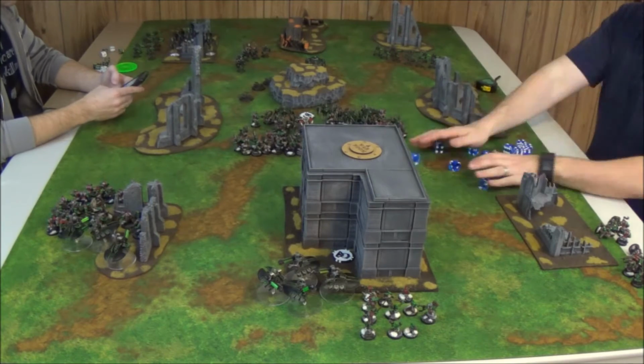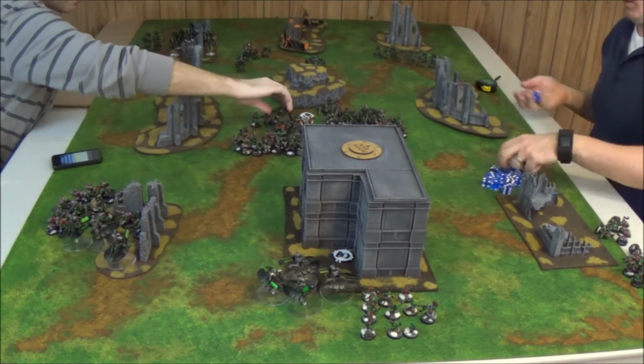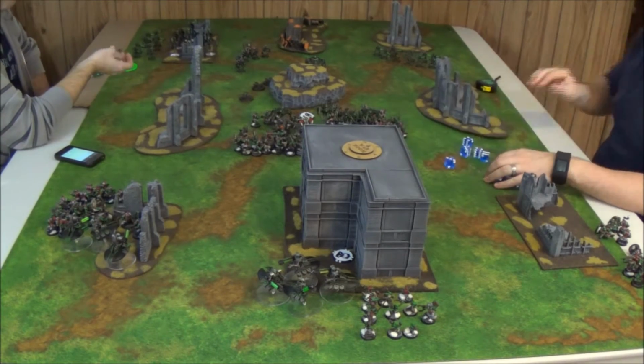And then I actually make 4 saves. We'll ignore the rending. 4 saves, and I should make one of those. So you're killing like 3 Orcs on average. We'll say 4 Orcs with rending, and you killed 4 Orcs. So that was actually on average. But that 4+ just makes a bigger difference,